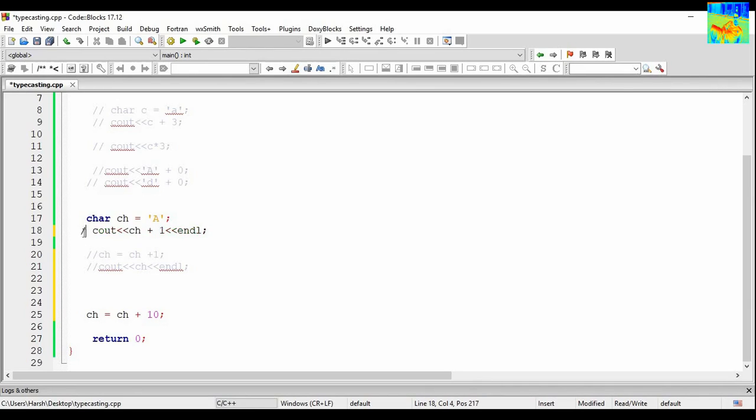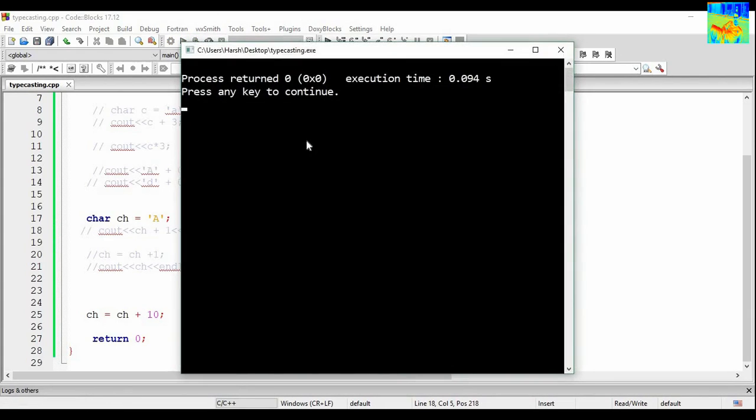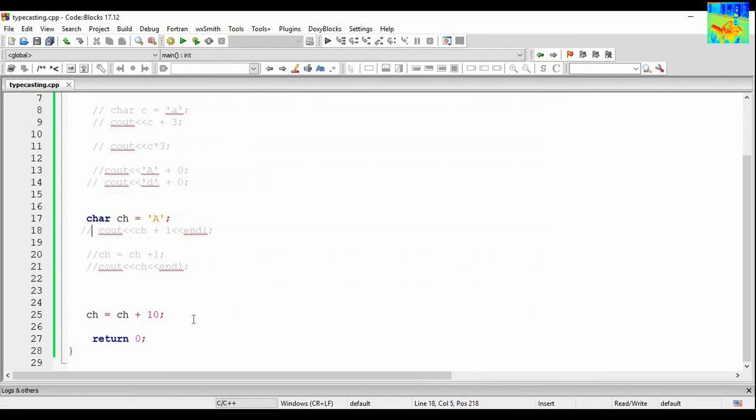So the value of variable ch is capital A, and then you are adding 10 to it. So what will happen? Build and run. We are not printing anything, so let's print something. Cout ch.